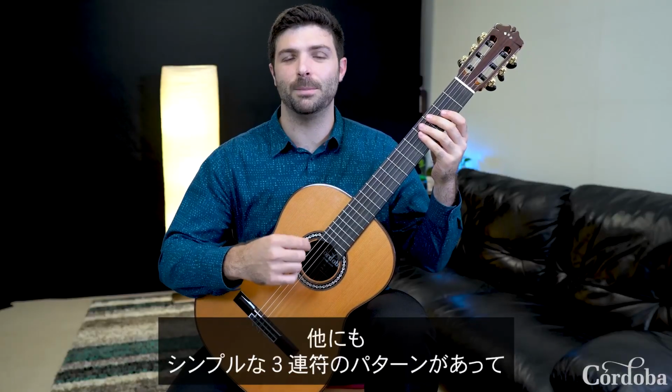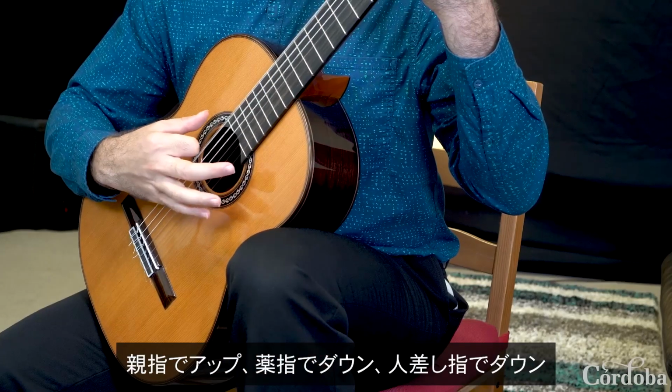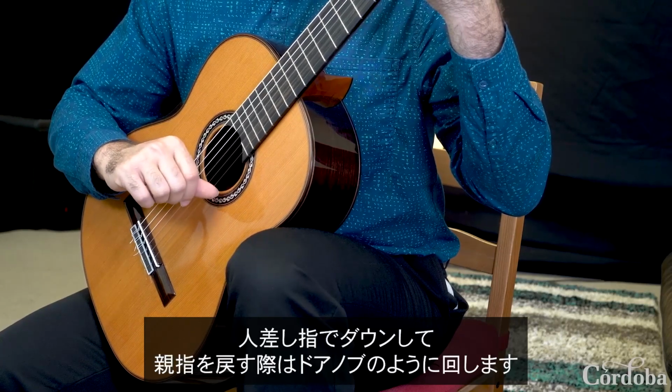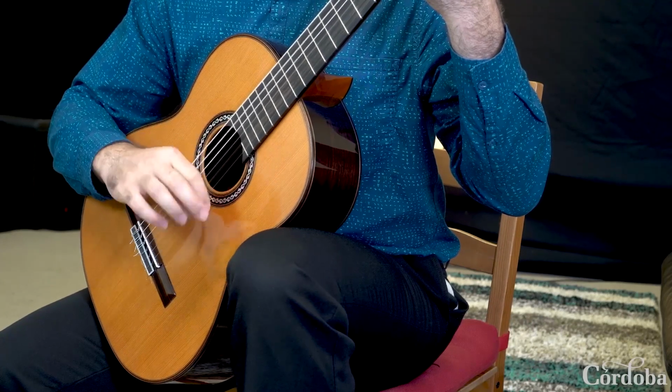Another pattern you can do is a simple triplet pattern where you go up with your thumb, down with your ring, down with your index, and when you go down with your index, you also twist that doorknob, right? So that your thumb is back here at the bottom, and then you come back up with your thumb. So it's 1, 2, 3, triple,